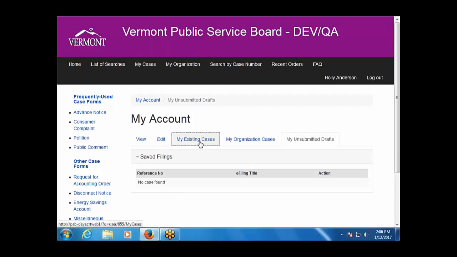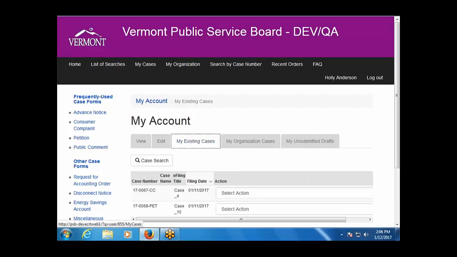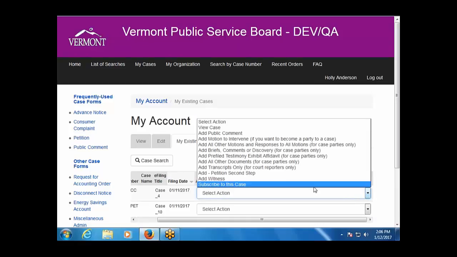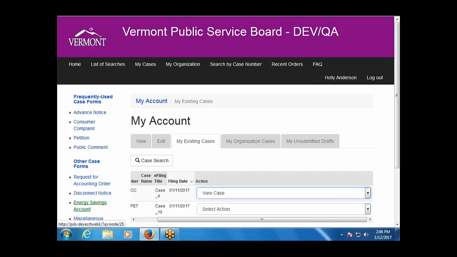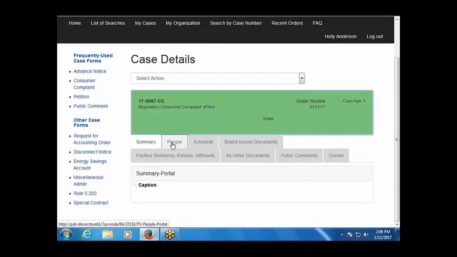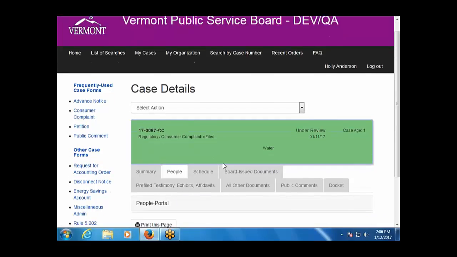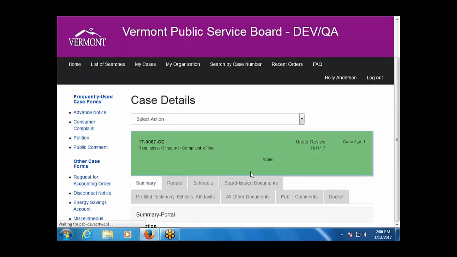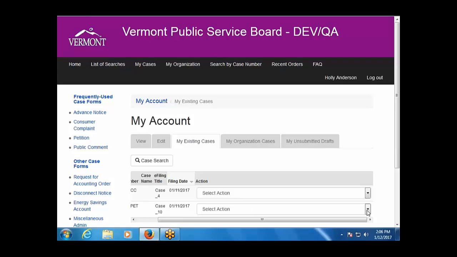let me try to go into a case so I can show you. You will see the party's official representative, as long as they've given us an email, will then be listed. You will see if there is an email listed. All right, so basically, if there's an email listed next to people in your matter, that means they